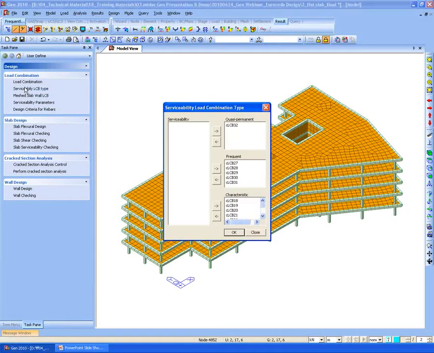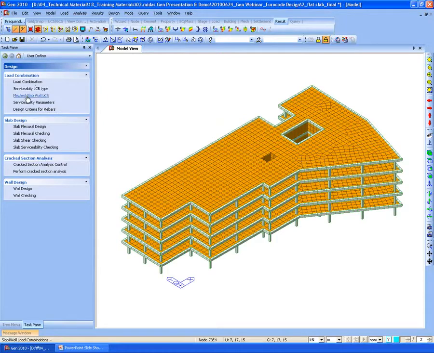If we automatically generate the load combinations as you've seen just before, this data is entered by the program, so you don't need to change it. But if you manually create the load combinations, you need to check the serviceability load combination type.